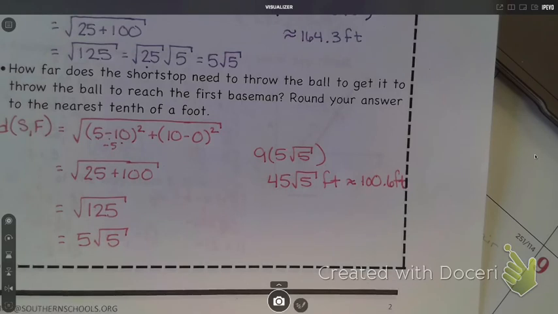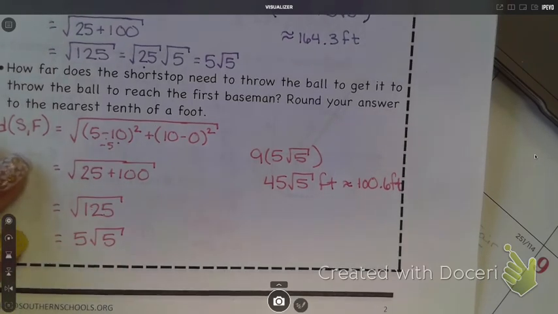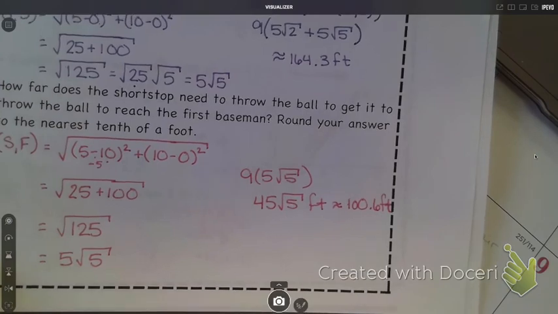Are we done now? Yep. Can I use the restroom? Leave your phone there. So your assignment is the worksheet from